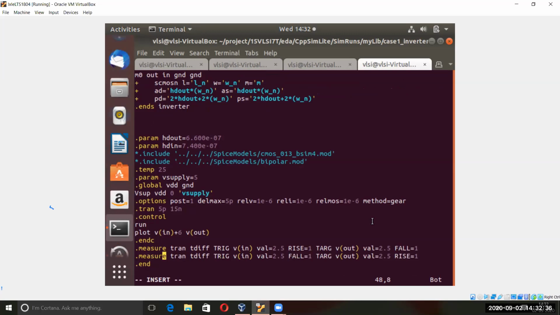Then the value is 0.5 to 4.5. If you put that, then you will get rise time. Copy one statement, don't remove that, so add another two statements.